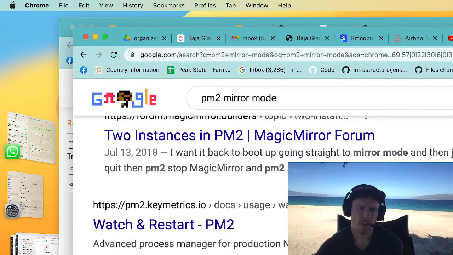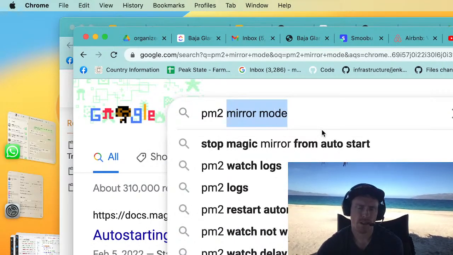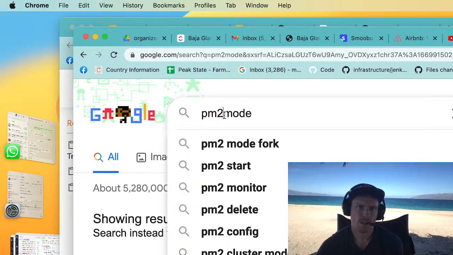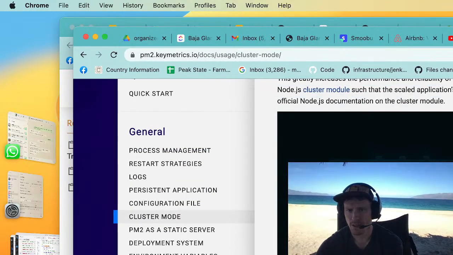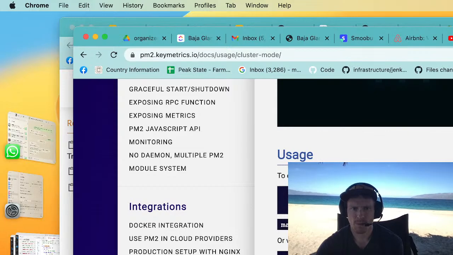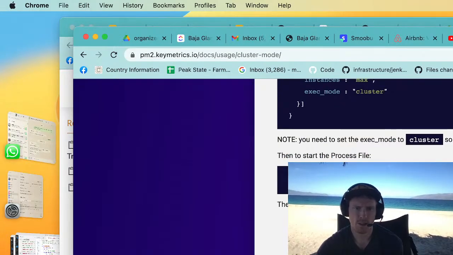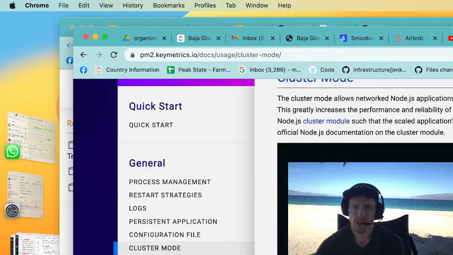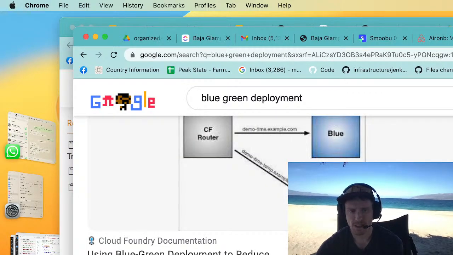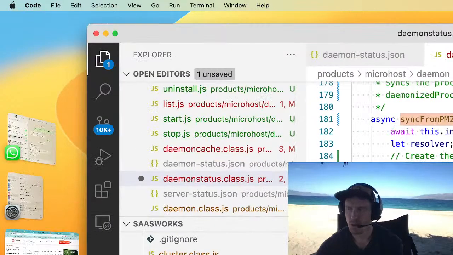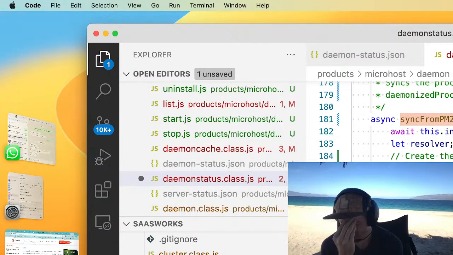Maybe, let's see. Cluster mode is what they call it. And I've done it. It's a pain in the ass. That's where you have, I suppose, more than one process. But in general, with tools like this, if you're integrating on top of something that's already built, you sometimes don't want to use the full functionality. You want to use just the core functionality that's there. So they do have this cluster mode, which is handy, and I'm probably not going to even dig into it, but